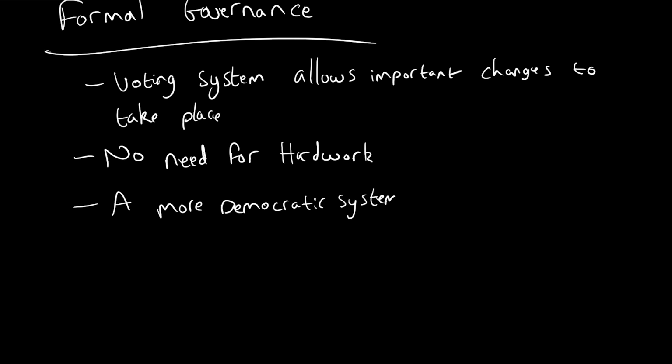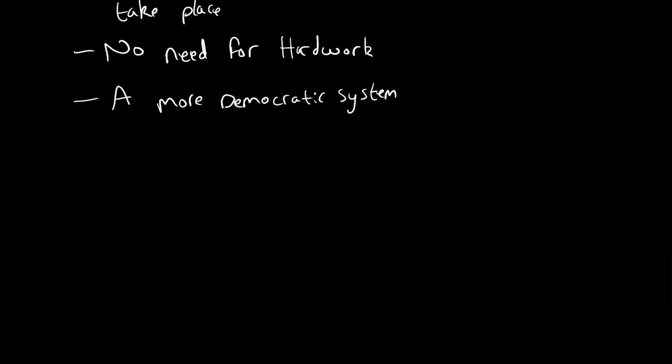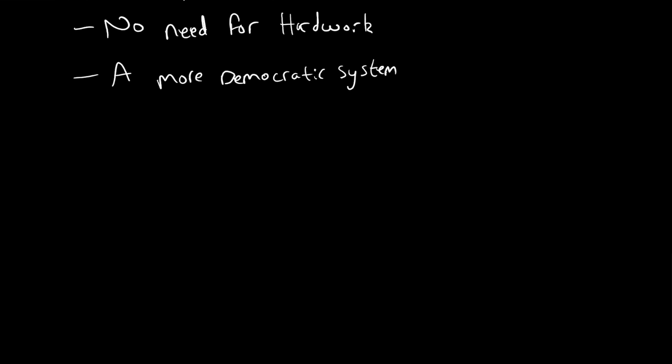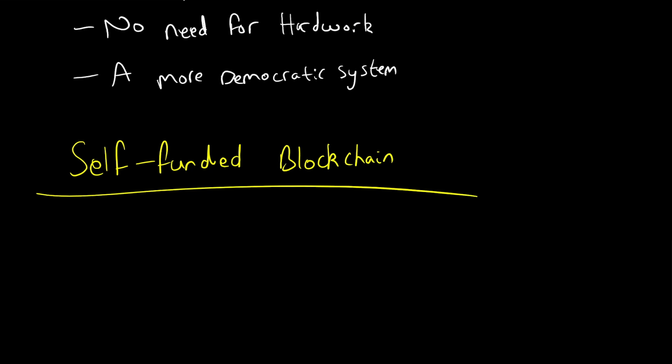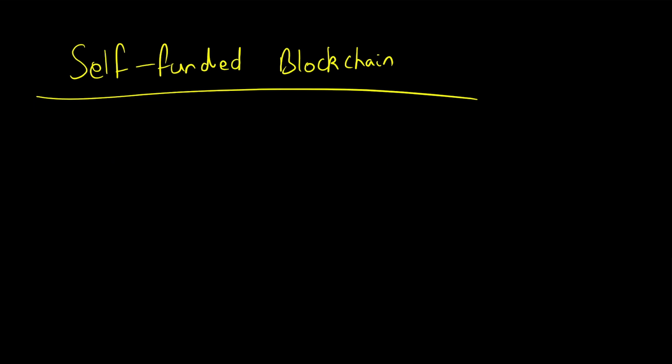Because Bitcoin is a democratic system, but this is even more of a democratic system as a result of this formal governance. And there are other differences as well. Another really cool difference is it uses something called a self-funded blockchain. And this is done in regards to how the actual coins are split once they're mined. So usually when you mine a coin, you get all the coins in other cryptocurrencies. Whereas with